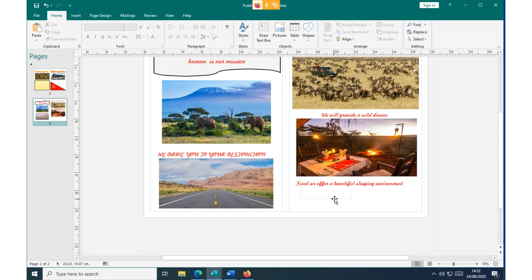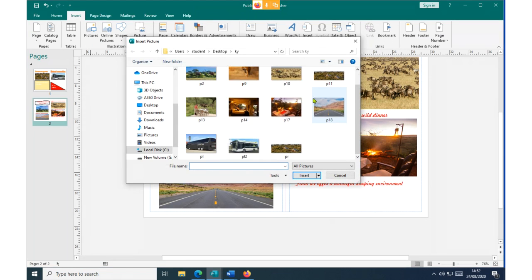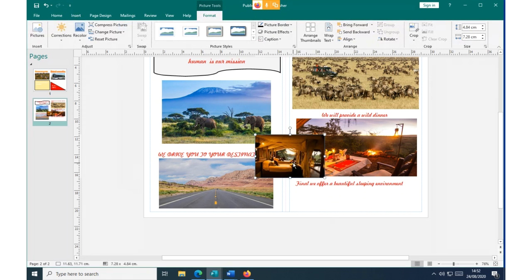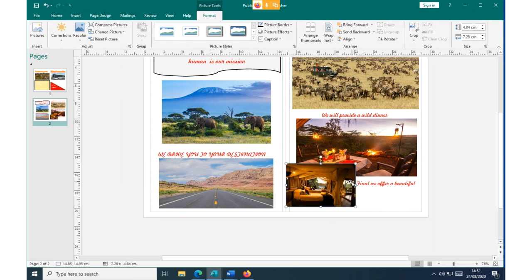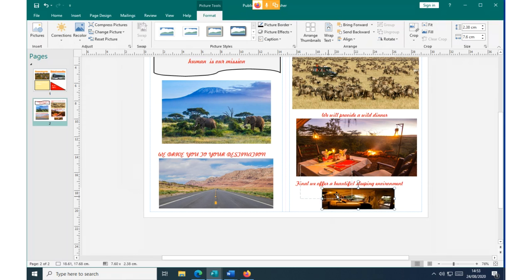Then simple for us to insert a picture for sleeping, we go back to insert command, again picture. We pick a picture of a bed or a bedroom, maybe this one, and then insert that. Then again, it comes a bit small. And again, you can see it's conflicting. We reduce it up to this level. We put it somewhere there. And then we can also format the picture briefly because it's quite big. We try to make it look a bit fitting here. We try to move it up kidogo.